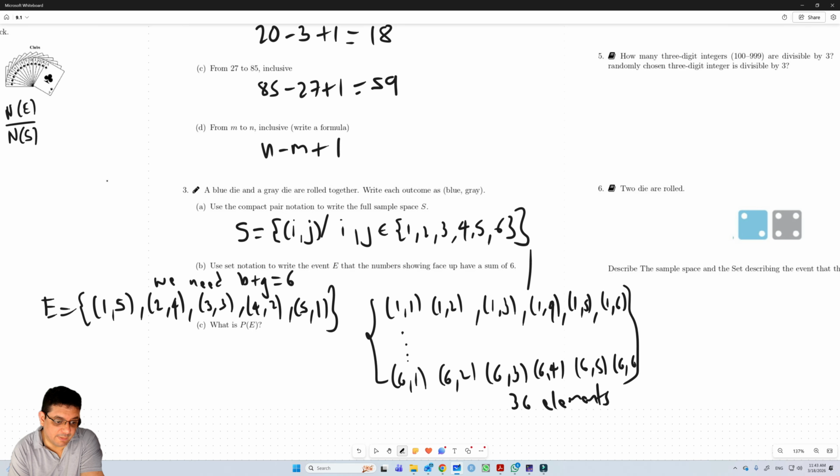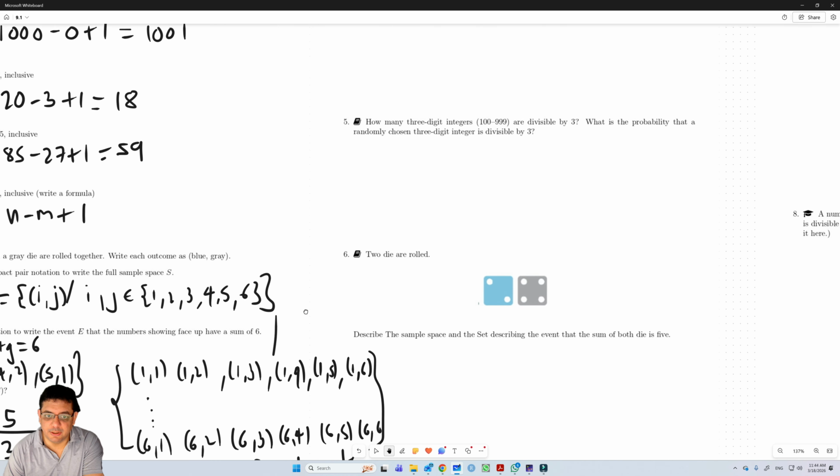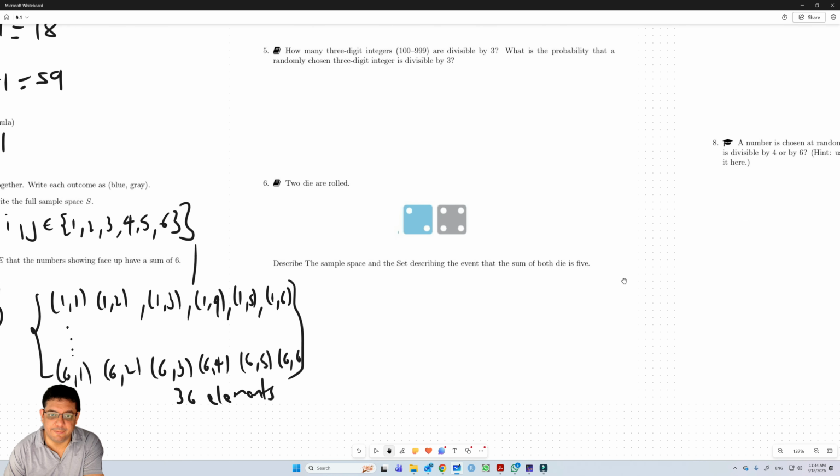What is the probability of this event? So the probability of getting something that gives me a sum of 6. Well, the event is giving me 5 different options. So this is 5 options out of 36, which is the total sample space. Okay? So that's that probability. So now let's go to question number 5. Question number 5 talks about,